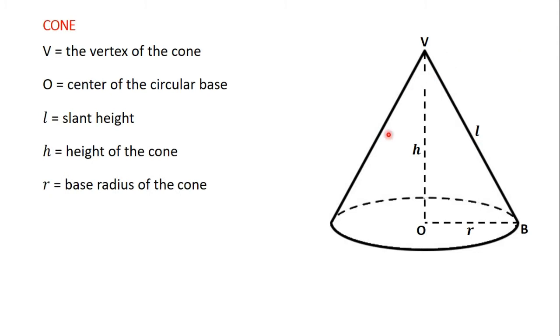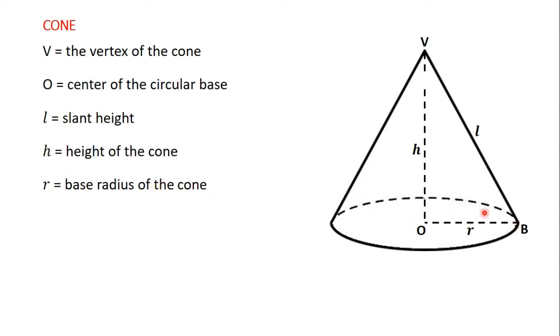Cone. The diagram we see here is an example of a cone with vertex V. So V is called the vertex. O is the center of the circular base, and B is a point on the circumference of the circular base. When you have a cone like this, from V to B, represented by L, is called the slant height. From V to O, represented by H, is called the height of the cone. And from O to B, which is a point on the circumference of the circular base, is called the radius